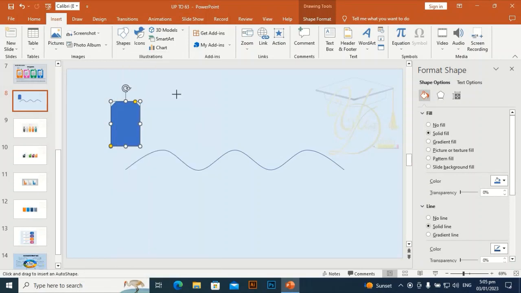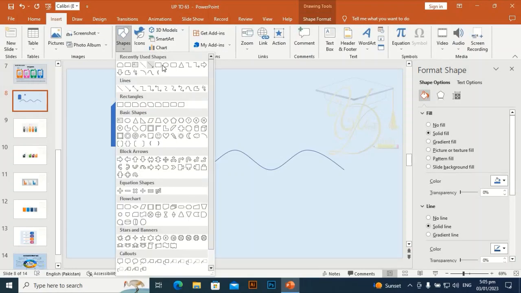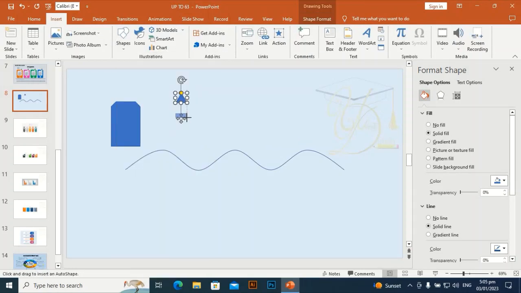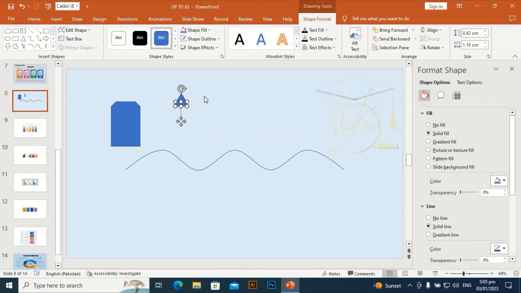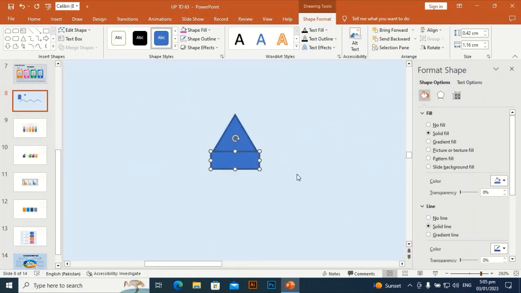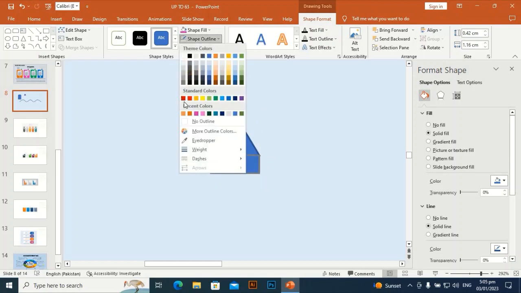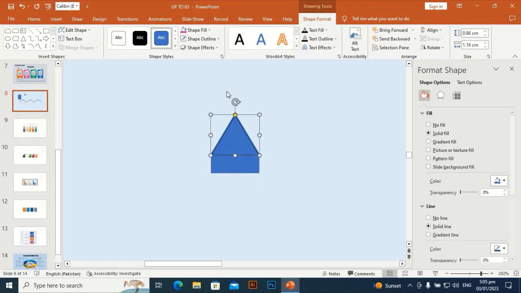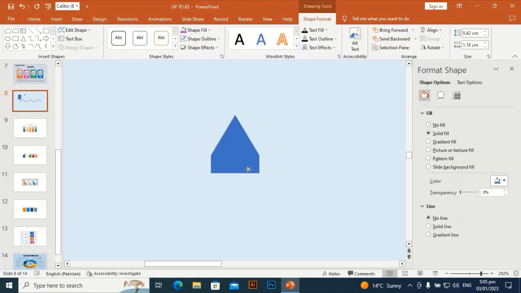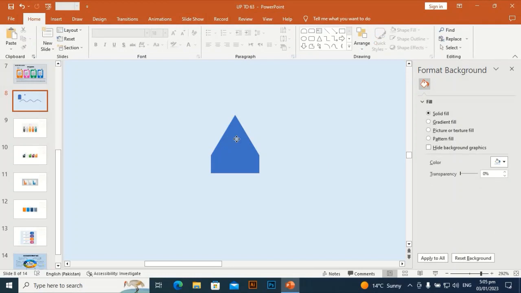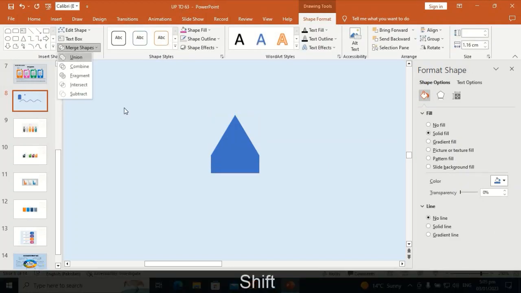Go to insert, take a triangle shape, draw a triangle and rotate. You take a rectangle again, same as width of triangle, yes. I'm going to zoom it and place it perfectly. Align shape outline, make it no outline of both. And now I'm going to union it, select both, go to merge shape, union,